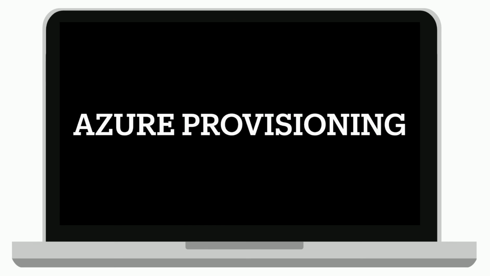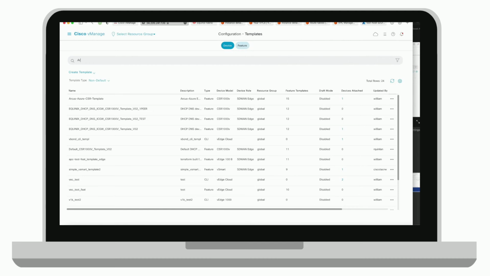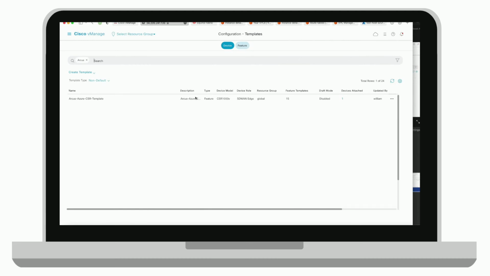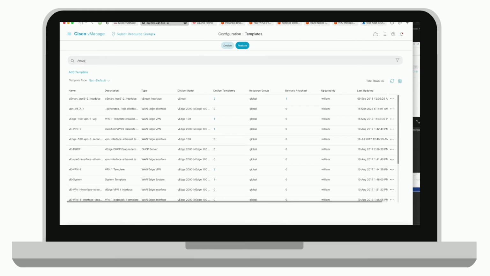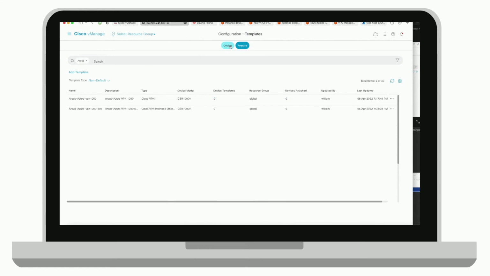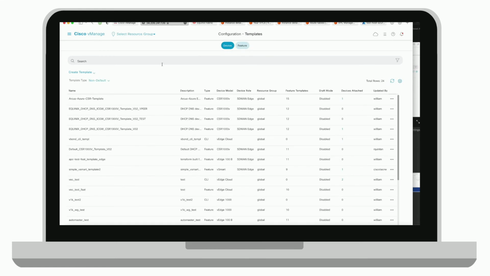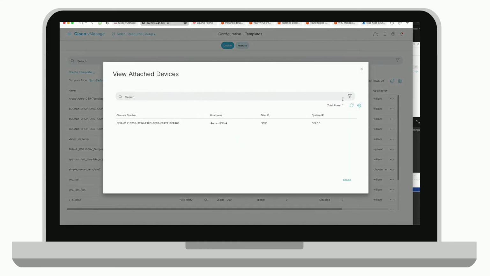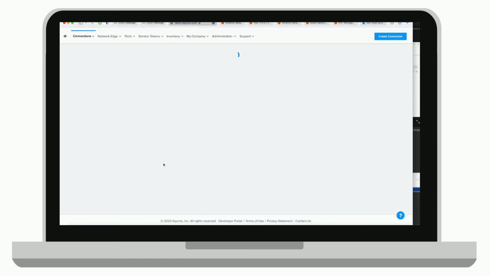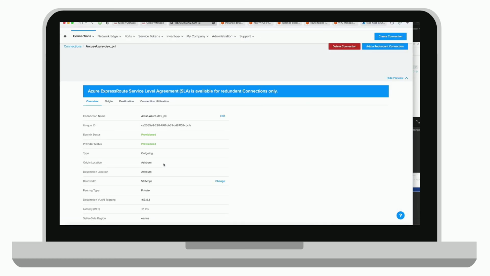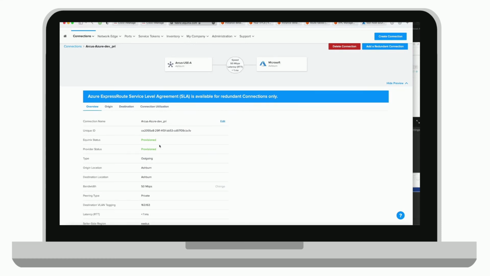We've kicked off the template provisioning, and now the device in Equinix Network Edge has this new Arcus Azure VPN template. What that did behind the scene was provision a virtual connectivity to Azure and configure the required component on the Cisco CSR, which is our SD-WAN multi-cloud router. As you can see, the connectivity is provisioned and the ping started working behind the scene at some point during